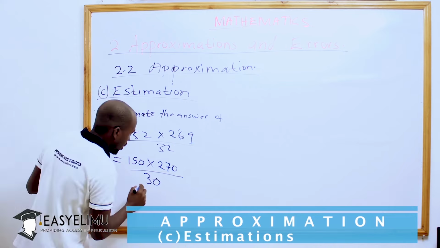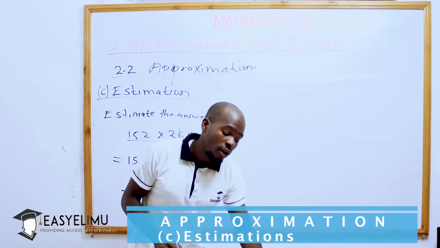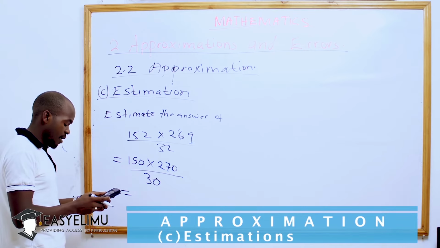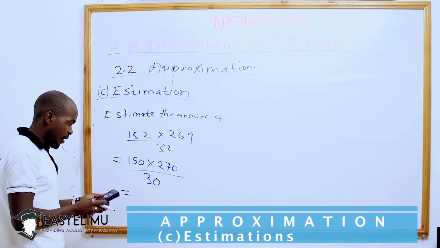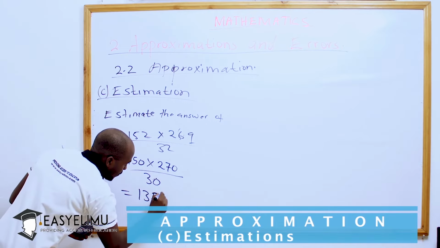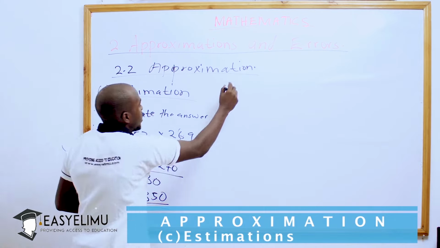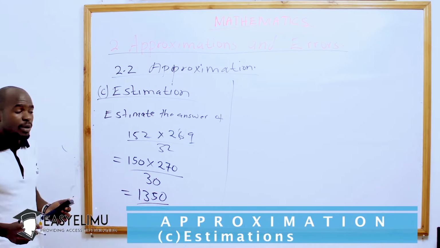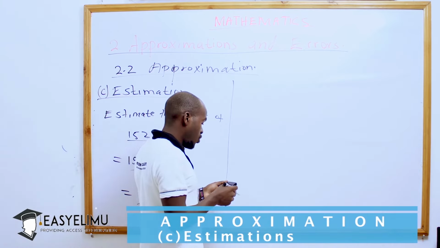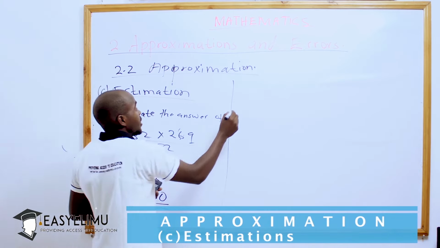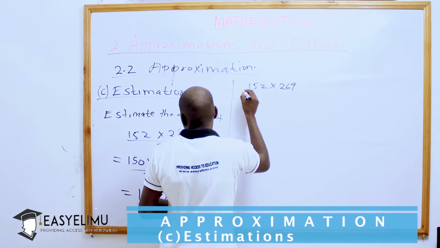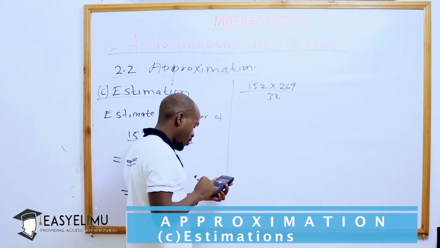So if I do the calculation that way using a calculator, I will find that 150 multiplied by 270 divided by 30 gives my answer as 1350. But this was just an estimate of that answer. If you do the real calculation, 152 multiplied by 269 over 32, you will find your answer to be